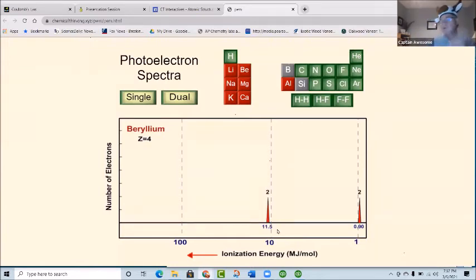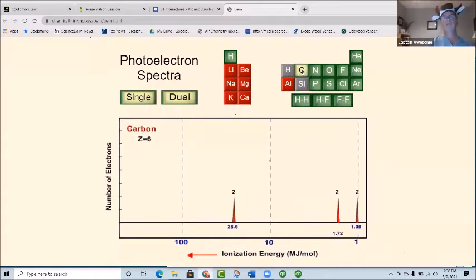Well, the closer electrons are, because they're in the 1s, the closer they are to the nucleus, the stronger the attraction between protons and electrons is. So the closer you get to the nucleus, the harder it is to remove those electrons. So I know that the 1s has a greater ionization energy than the 2s. That's how I know the difference there.